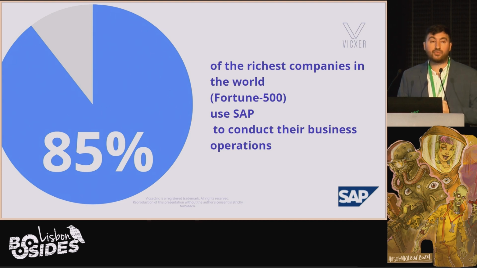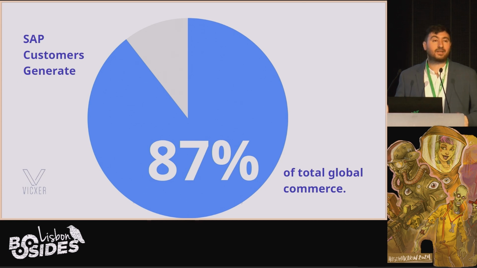85% of the Fortune 500 companies, for those of you that don't know, Fortune 500 are pretty much the richest companies that are there in the world, the richest and the biggest. And 85% of those use SAP, any product of SAP. In general, most of them do have the ERP, but to each their own. And this is a claim that SAP offers, that they say that their customers generate 80% of the total global commerce revenue that is out there. This, of course, is legal activities. Of course, it doesn't take into account illegal activities. I don't know how they were able to reach that number, 87%, but it's what they claim.